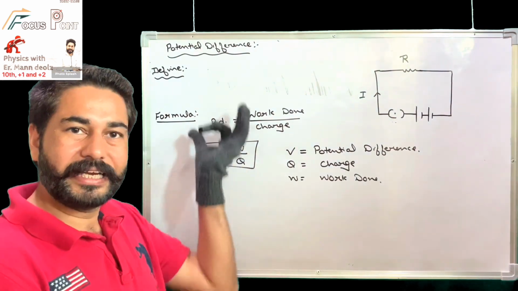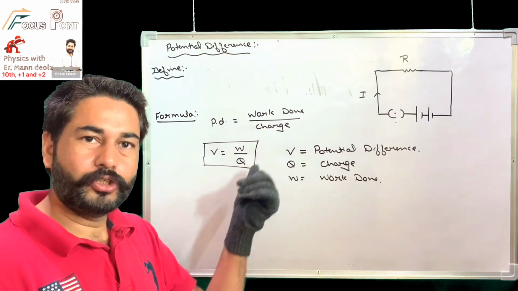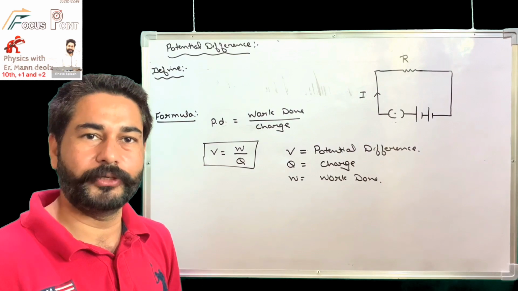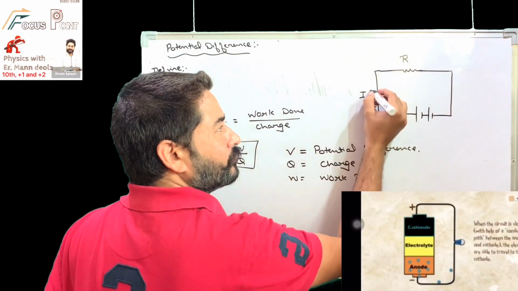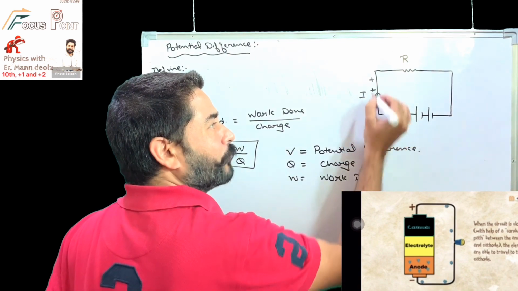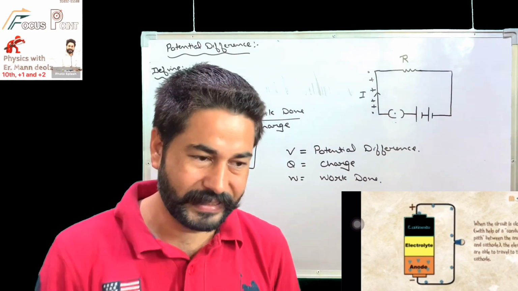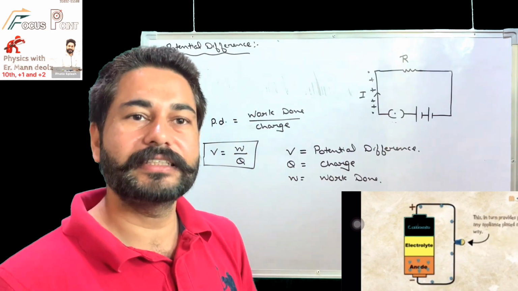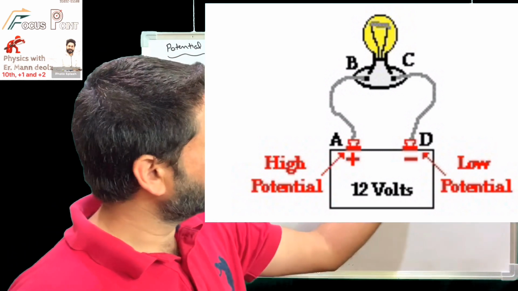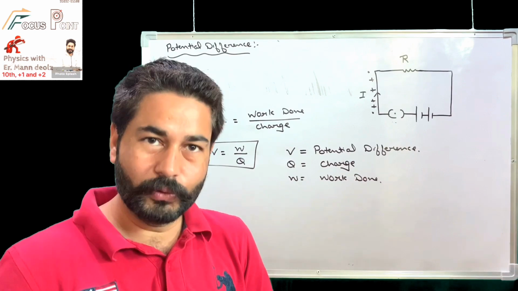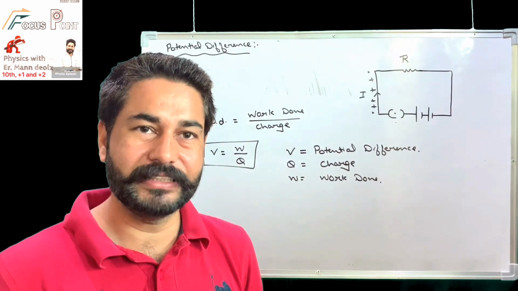Now from this formula, can you define potential difference? Potential difference is the work done to move a unit positive charge from one point to another. Whatever work is done on these charges to move them from one point to another, that is known as potential difference. Because of the potential difference of the battery, charges are forced to move into the conductors. That is known as the potential difference of the battery. Now the meaning is clear? Understanding of potential difference is done?